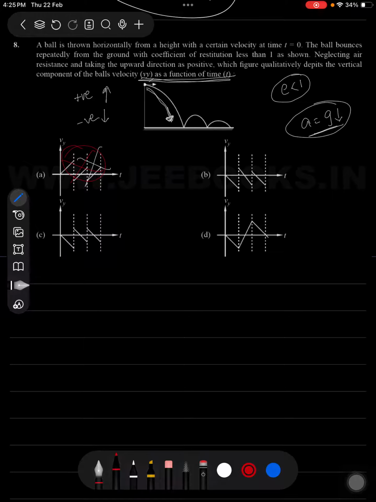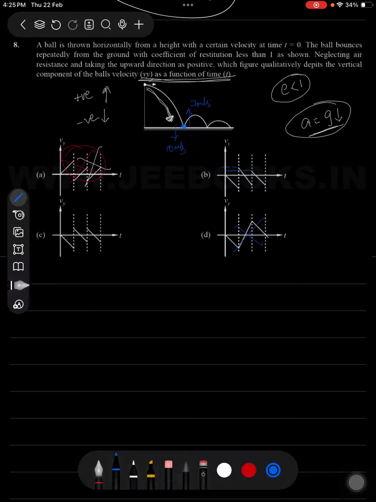You can see that whenever there is a collision, if it comes with some 10 meter per second and hits, as the E value is less than 1, it will go back with some 7 meter per second or something like that, which is less than 10 meter per second. So whenever there is a collision, there will be a sudden change in direction of the velocity, which implies option D is not possible. Out of B and C, if you see the difference here, they are showing different velocities